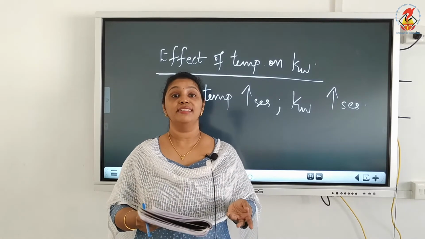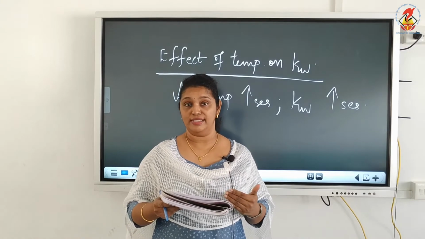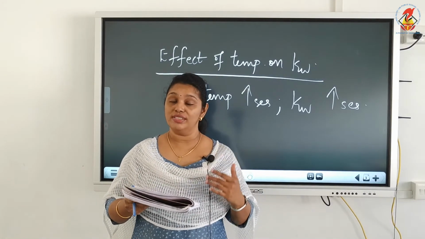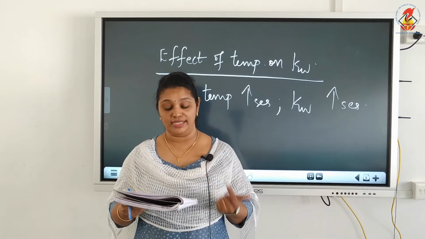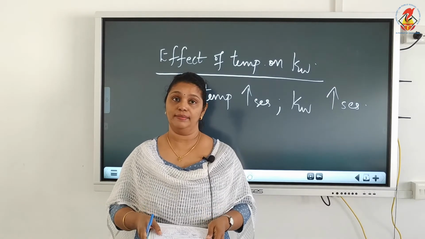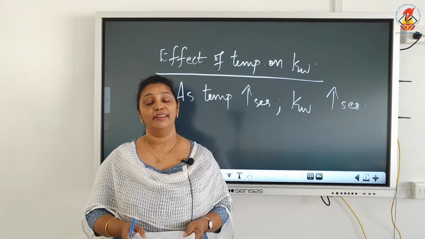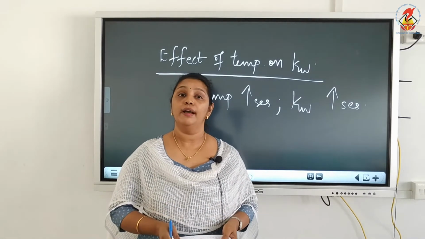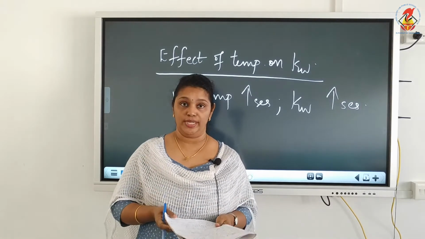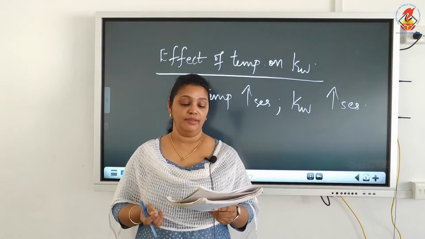Because we know that as temperature increases, more H2O molecules will ionize or dissociate into H plus and OH minus ions. So, the concentration of H plus and OH minus ions increases, so the Kw value also increases. Okay. So, that is the effect of temperature on the ionic product of water. Now, the next thing that we are going to discuss is, we can distinguish acidic, neutral and basic solutions from